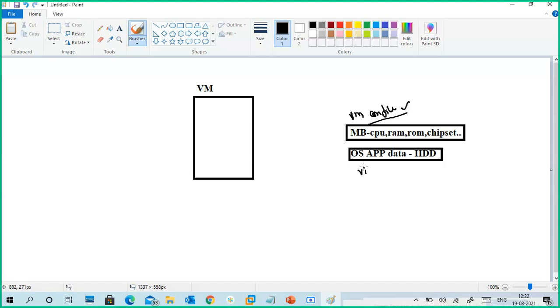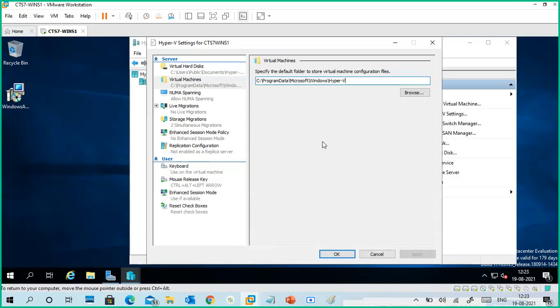That will be stored in a virtual hard disk or a virtual disk. Any name you can put. So for a virtual machine, the operating system, application data, stores, and information of your machine are stored in the virtual hard disk and in this VM virtual machine file in your physical location.